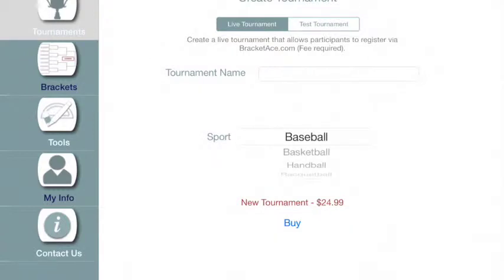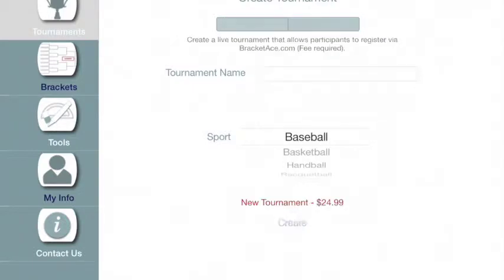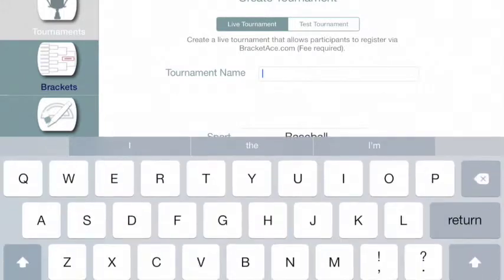And here we can create a live tournament or a test tournament. A test tournament allows you to experiment with BracketAce's features and is free, but it doesn't allow users to register for a tournament and so forth. So let's create a live tournament, and let's just call this